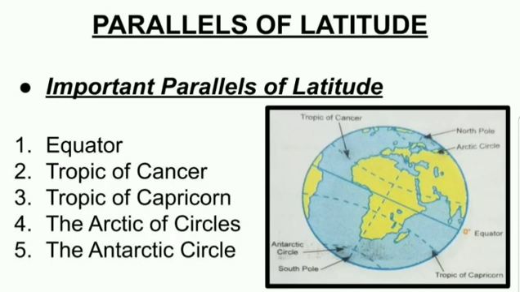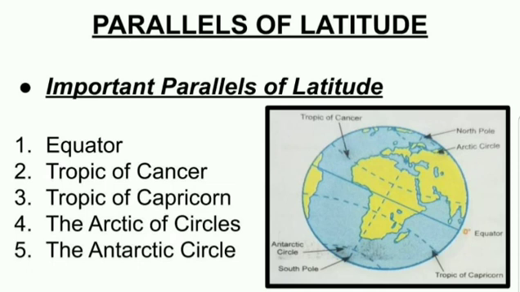The Arctic Circle is to the north of the Tropic of Cancer. ट्रॉपिक ऑफ कैंसर के ऊपर जाओगे तो एक और लाइन है, which is called what, Arctic Circle. यहाँ पे एरो में दिया हुआ है डायग्राम में. And when we go to the south of the equator, down we have the 66.5 degree Antarctic Circle, and I told you the two dots are two poles, the North Pole and the South Pole. So I hope you understood these important parallels of latitude.